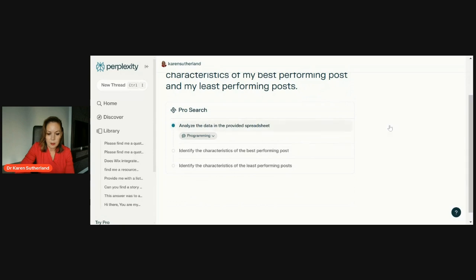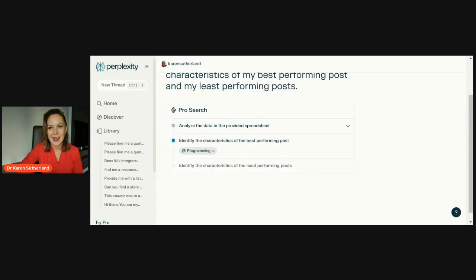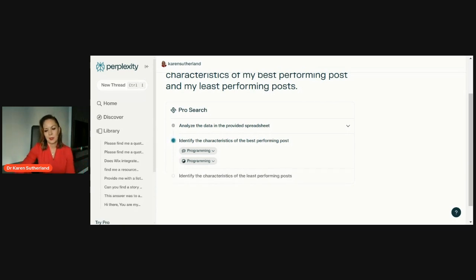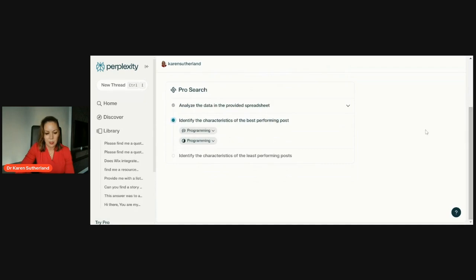It takes a little minute. Sometimes it asks you questions to drill down further. What I love about Perplexity is that it is a great place to find sources if you're looking for sources around a particular topic, because it provides those. ChatGPT does that now, but I find I get better sources from Perplexity. I think it's a really great tool. I use it a lot.